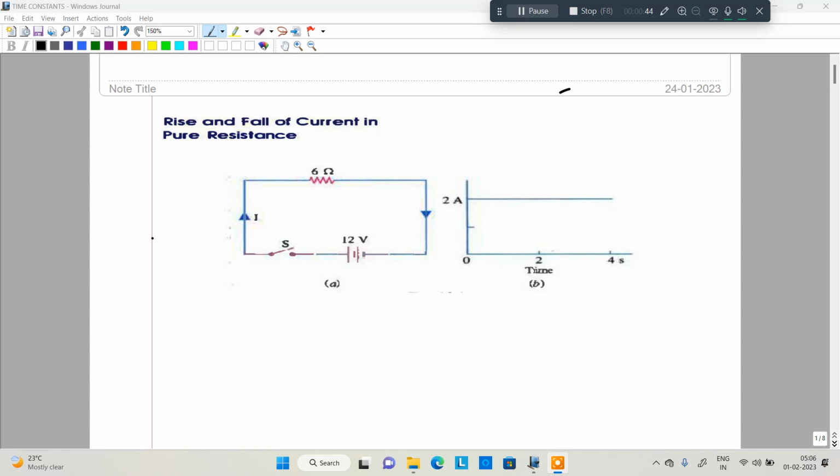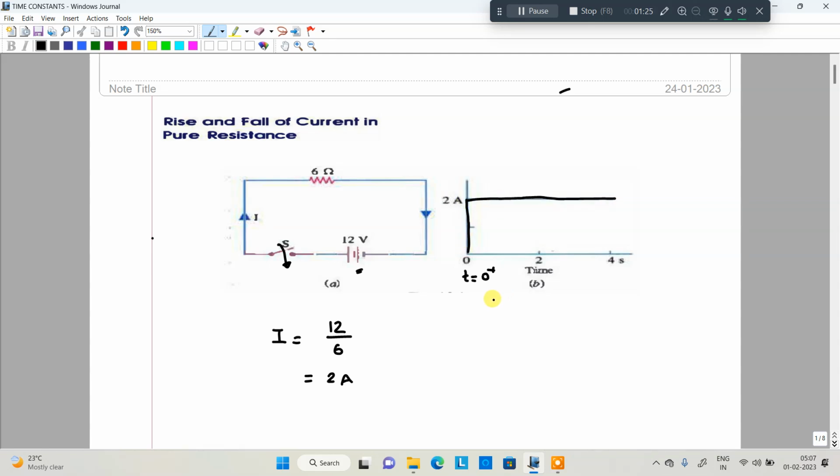A 12 volt battery is connected to a 6 ohm resistance. Initially the switch is open, so there is no current flowing. My question: when I switch on the power supply, at the instant t equal to 0 or 0 plus, the current I is equal to V by R, that is 12 by 6, which is 2 amperes. What is the current now? It is 2 amperes,